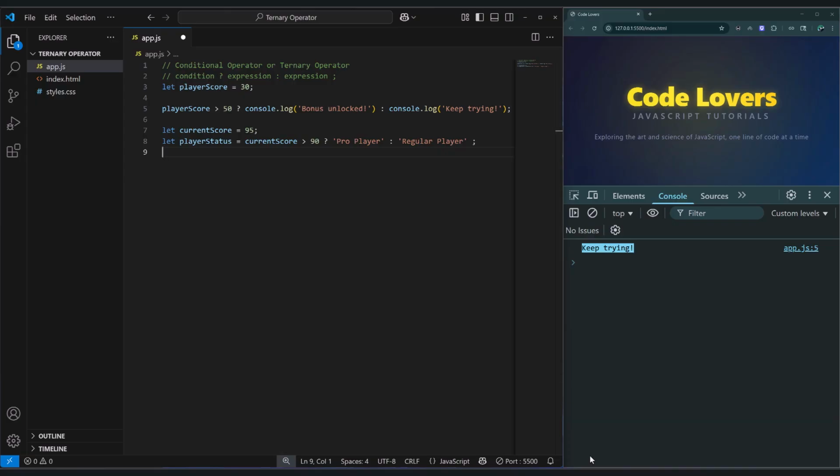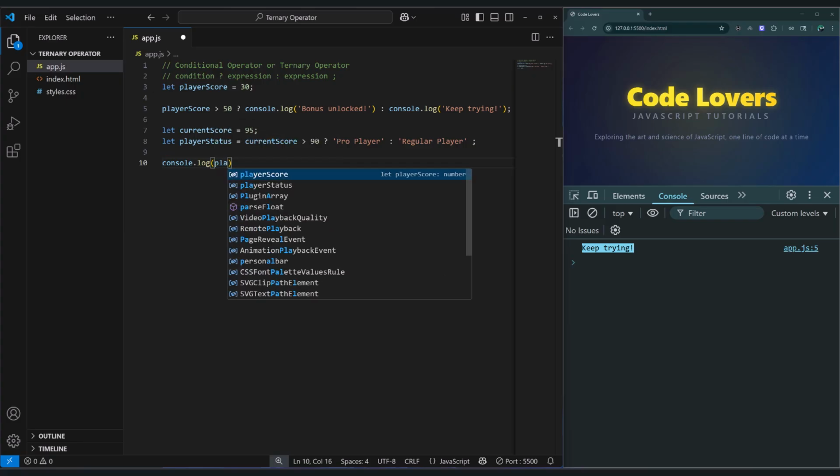We have our currentScore set to 95. The condition is currentScore > 90. It asks, is 95 greater than 90? Yes, it is. So the expression after the question mark, which is the string pro player, becomes the value of this whole operation. This value is then assigned to our playerStatus variable. Now, let's log playerStatus to the console to see what it holds. So I write console.log(playerStatus);